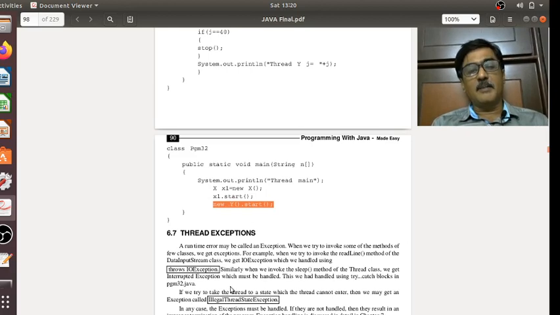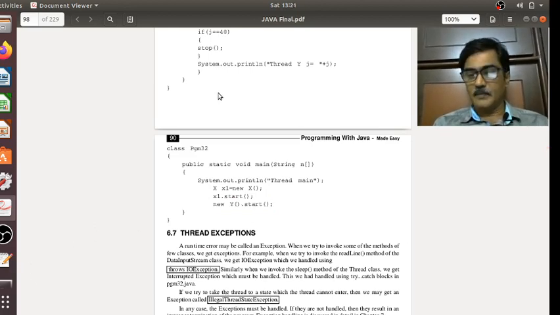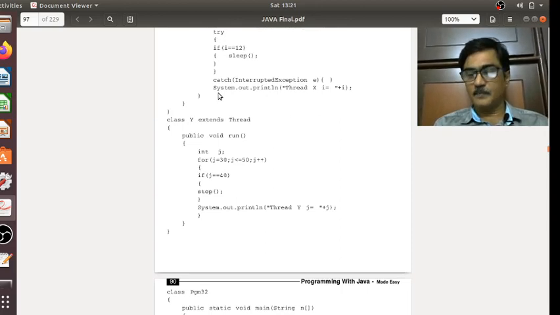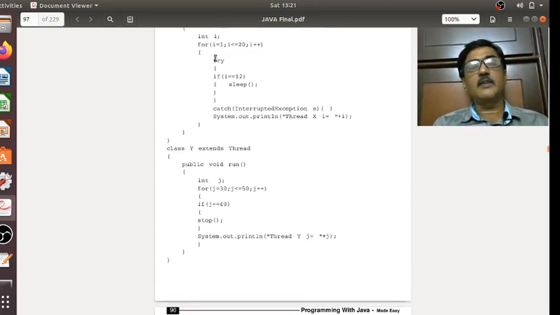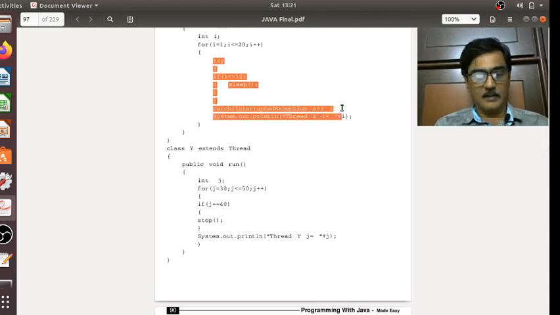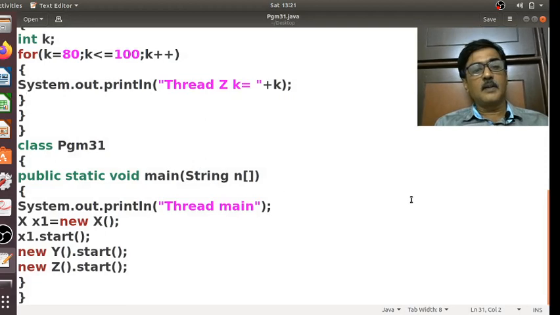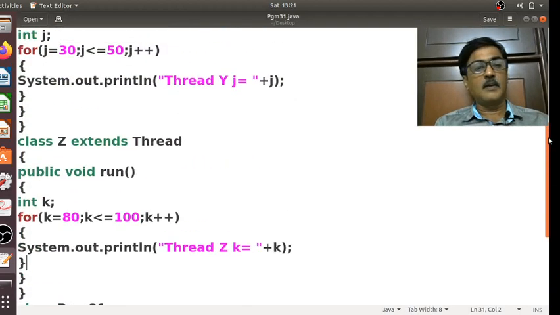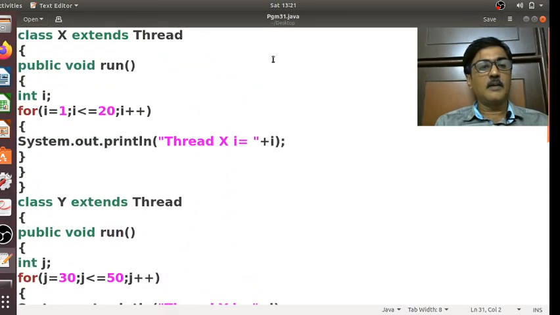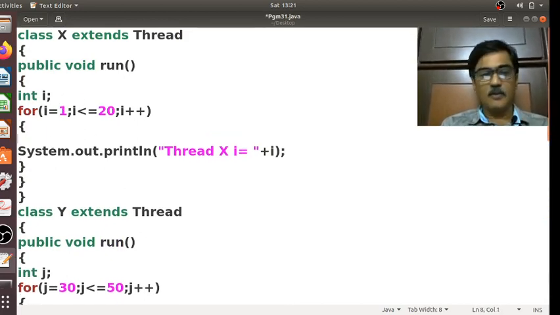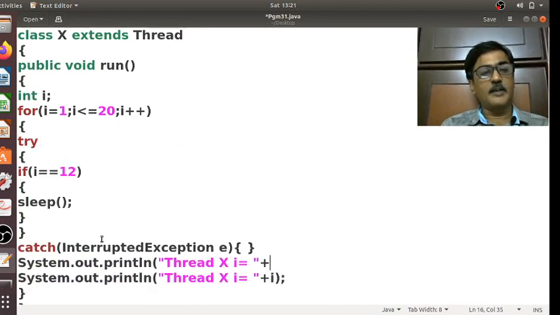Let me just write these codes here. I would try to introduce these lines in the program, within the loop.